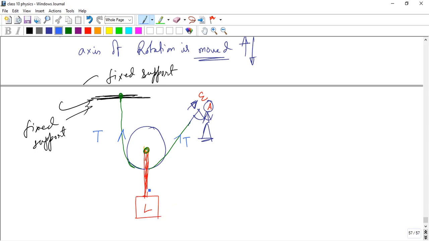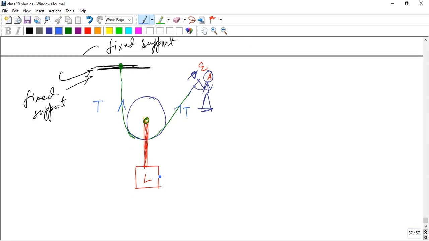From applying Newton's third law, the load goes downward, and the tension acts in two places, the one tension in two directions goes upward. So that means 2T,